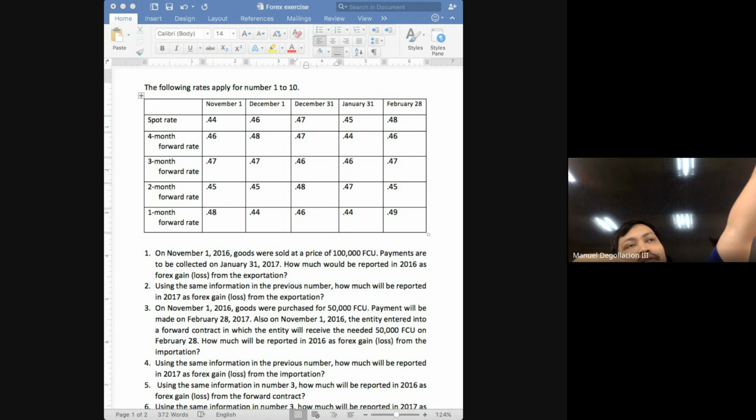So what do you do? Are you going to debit accounts receivable 47,000? No. Okay, it will result in duplication. How much was the previous balance of your accounts receivable? 44. How much should its balance be on December 31? 47. So what do you need to do? Increase it by 3,000. So your entry on December 31 should be a debit to accounts receivable, but not for 47 because you already have an existing balance of 44. It should only be a debit for how much?